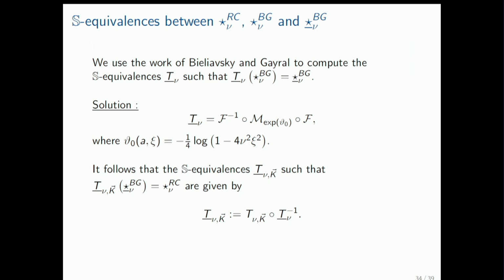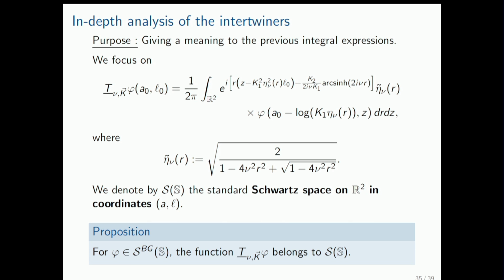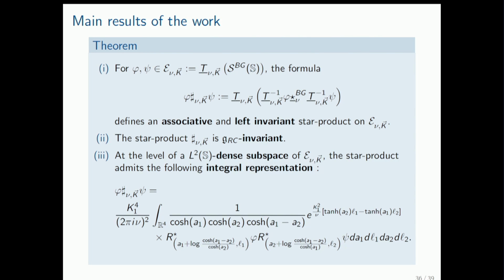We transport the construction of Bielawski-Guéral to the case of Rankin-Cohen. We can study analytically what we get as a function space, and by transporting the star product itself, we get the main result of the work, namely that we can define an adapted space, a sort of Gelfand-Shilov space. You have more details in the paper if you are interested. But we have a well-defined space of functions